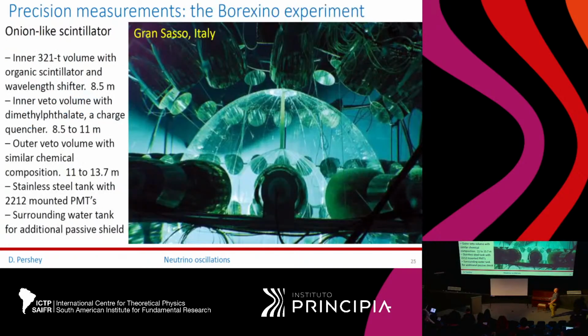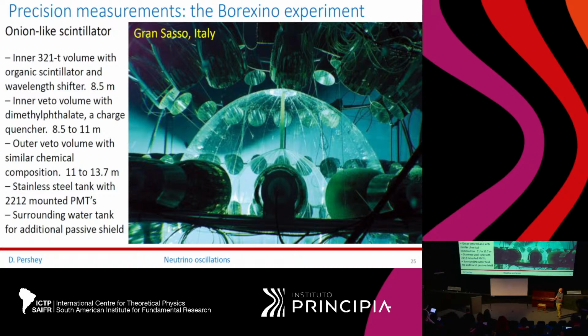Yeah, so where do we go from here? We've seen oscillations in solar neutrinos, but we would like to get a more precise measurement of what the flux looks like. This really comes down to the Borexino experiment, and the whole thing about Borexino was having absolutely stellar background radiation control, which they got by having, instead of the acrylic onion structure like SNO had, with an inner volume of active material where your interactions happen, and then outer veto layers,